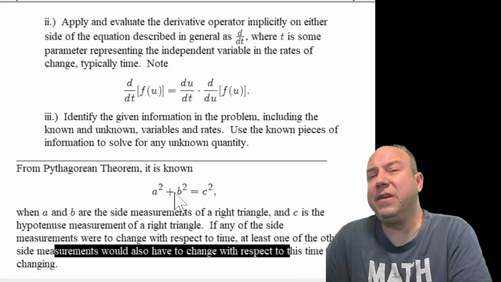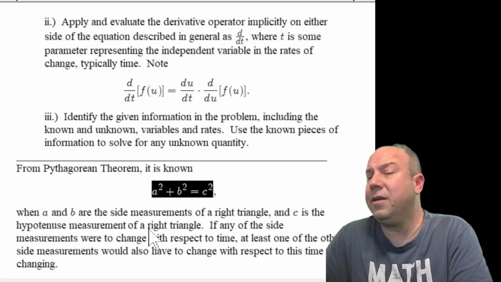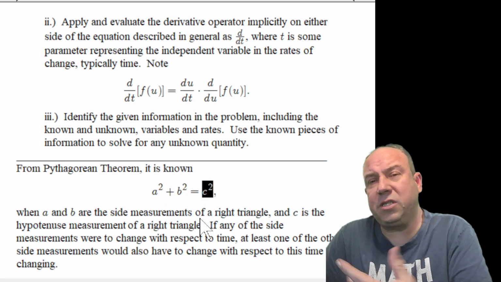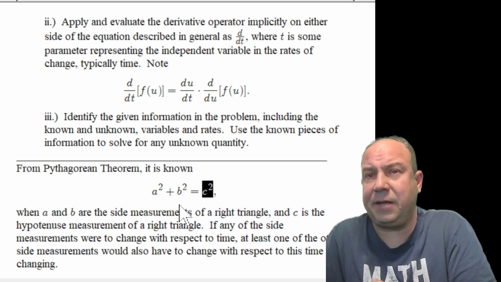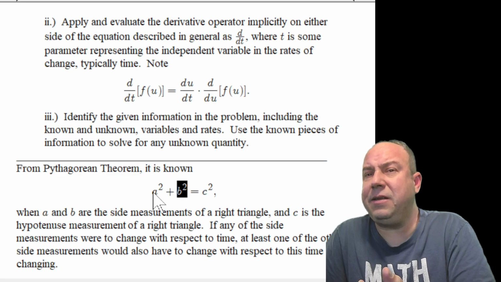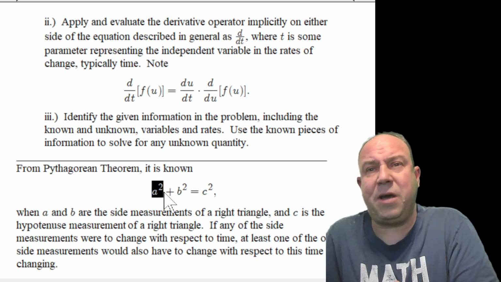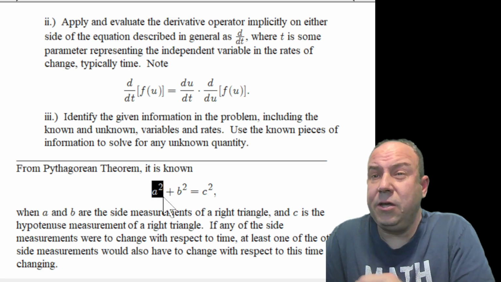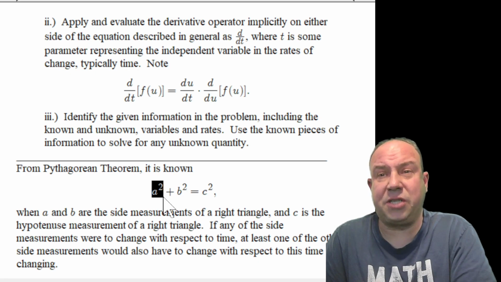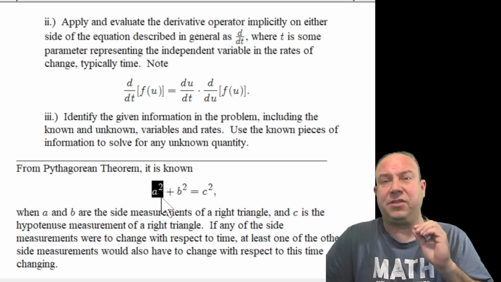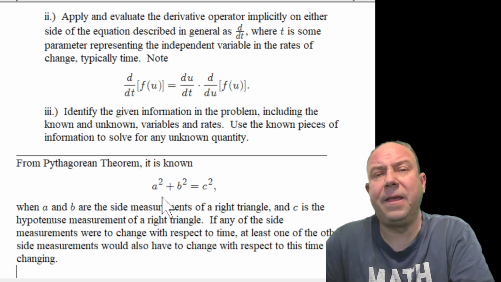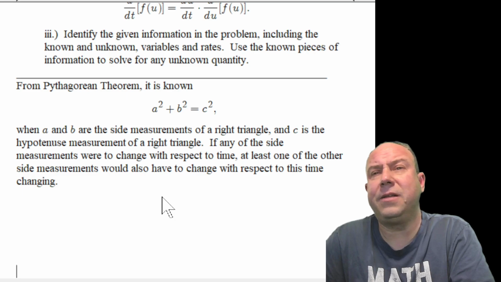Right? If any side measurement was to change with respect to some parameter, perhaps time, what would have to happen is one of the other side measurements would have to change with respect to that parameter time. Or you could even see both side measurements change, but at least one would have to change. All right? That's going to be our useful